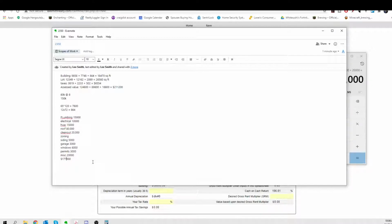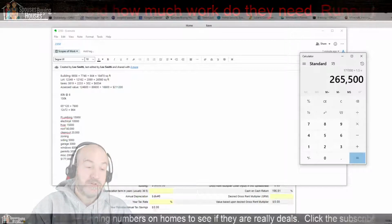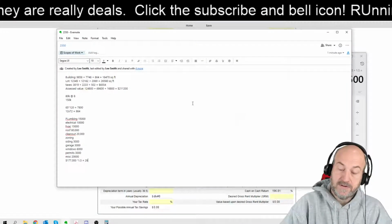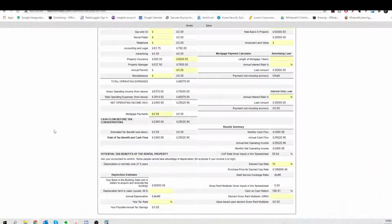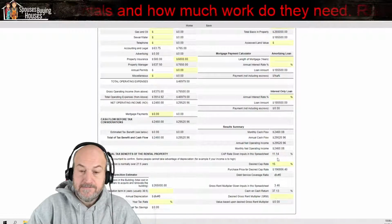Now, let's fudge factor it. I'm a screw up and I don't know what I'm doing. So times 1.5 equals, what did we just say? 265? 265.5. So going back here, let's say we've got 265,000 into this property. It's about 11% cap rate,